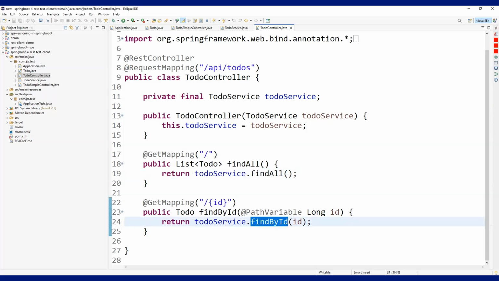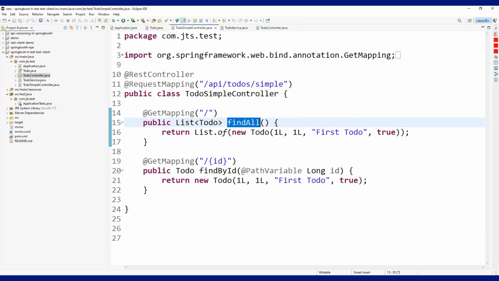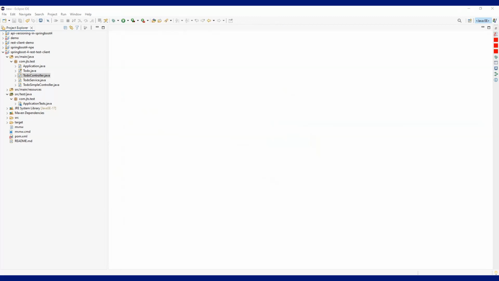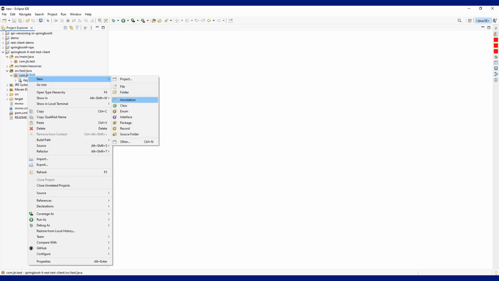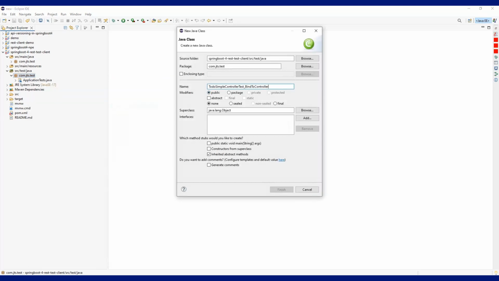Now we need to write test cases one by one, and then we will see the output for it. So first of all, we need to look at this simple controller right here. As you can see, it doesn't call any service layer. So let me close this one. Let me create one class over here, a new class, simple controller test, which will be an example of bindToController. Okay,